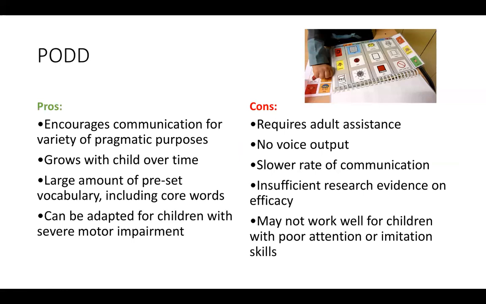So when a child does make a selection, it does require that their partner flips to the page that they want. Again, this isn't an issue when kids are younger and most of the people who they're talking to are adults or family members. But as children are older, it will require an adult to be there with them as they communicate, for instance, with peers. It doesn't have voice output like the other strategies. There are certain situations when you might want that. It's a slower rate of communication, again, because you have to touch the picture and then wait for the adult to go to the next page that you want.